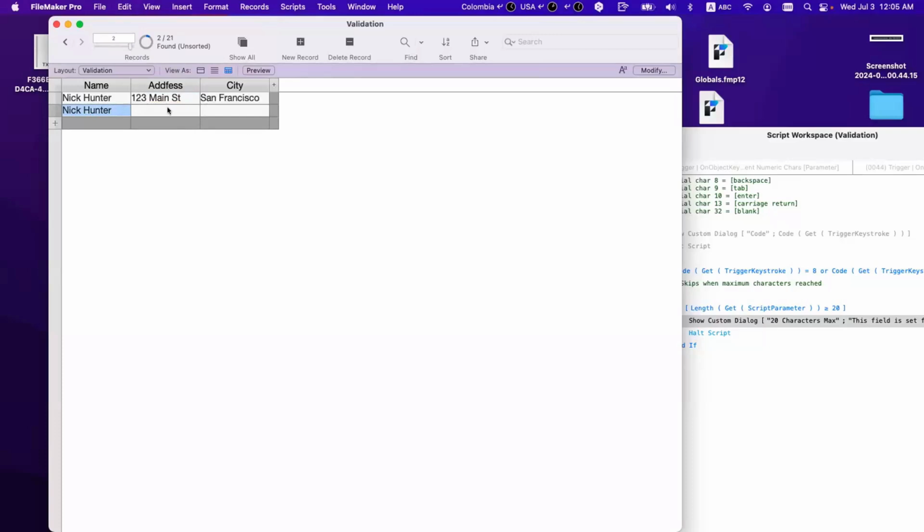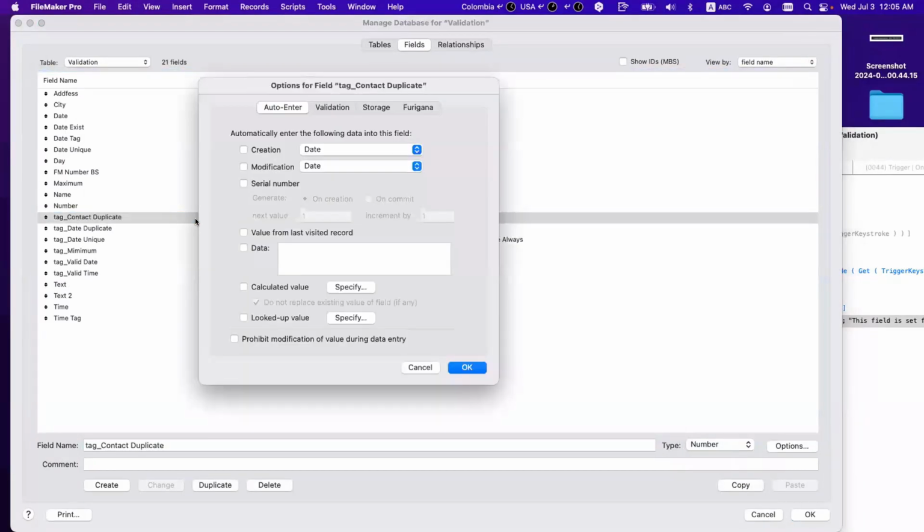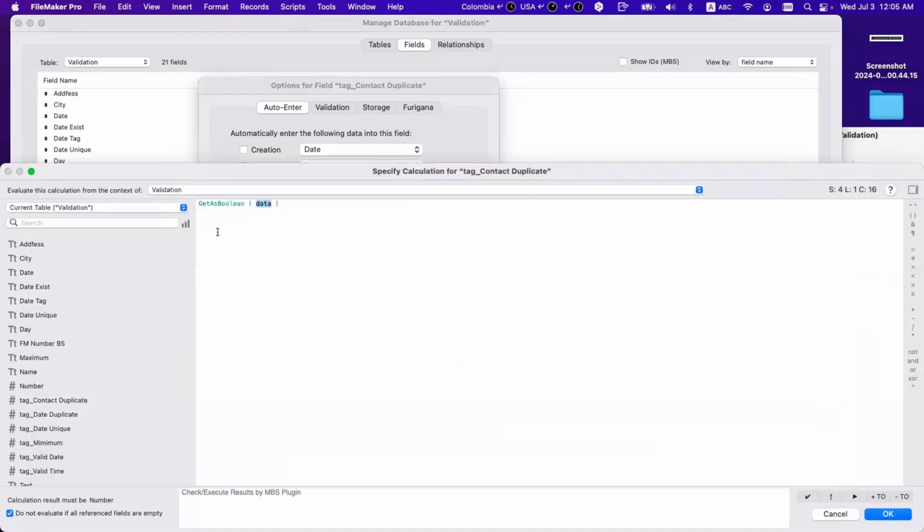Oh sorry, I need to put the tag first. So the tag contact duplicates, it's a number, and here you have to say this: get as Boolean from the duplicate contact, and let's say you point to the name.